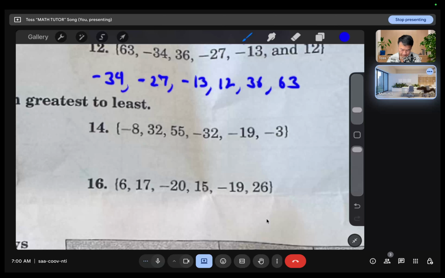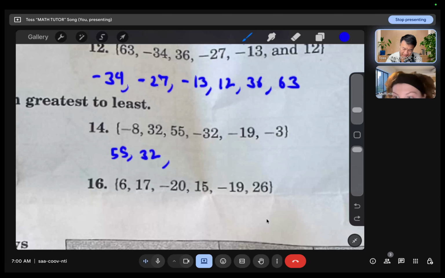Greatest to least. I'm going to do 55, 32, and then negative 32, negative 19, negative 8, and negative 3. Let me see. Sorry, I missed one. Oh no, I didn't, I'm good. Go again from 32. What happens now? Negative 32